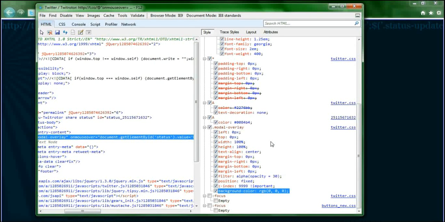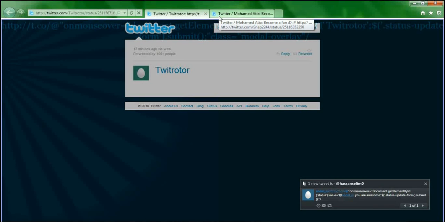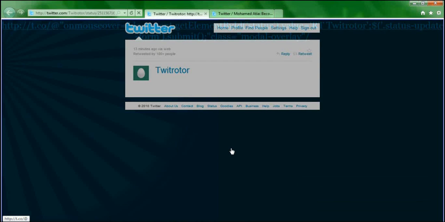So when you hover over any part of the screen, the tweet gets retweeted. But luckily this won't happen in my case because I opened it in the status page and not the home page, and it doesn't work because it doesn't have the tweet box at the top. So hovering thankfully didn't mess things up for me. So I really like this variation. It was very smart because it used one of Twitter's CSS classes, and with that I end my demonstration of